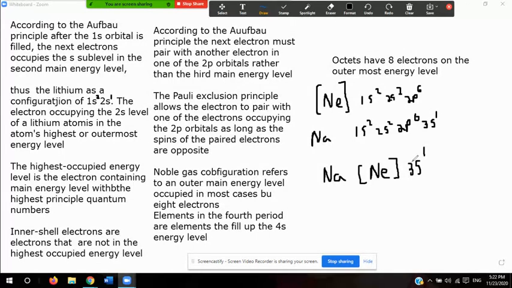The same is true when we start working with elements of the fourth period. So for example, it says, and again, I'm going to read from your book, notice that the first 10 electrons in a sodium atom have the same configuration as neon. So the first 10 electrons of sodium and the first 10 electrons of neon are one and the same, so that's why we say neon. Now, when we have elements of the fourth period, and those are the ones that we're